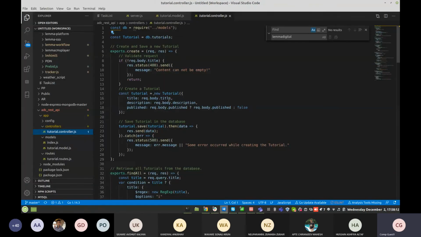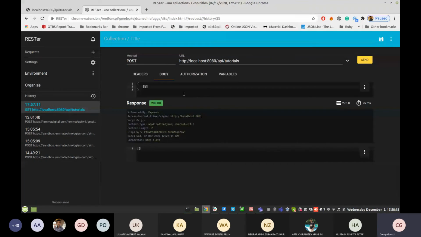So if I am not mentioning the published field here, let's say I am adding this title. This is my first REST API example or project. Okay, and this is false, published false. Okay, so now you just set the post method. Okay, so